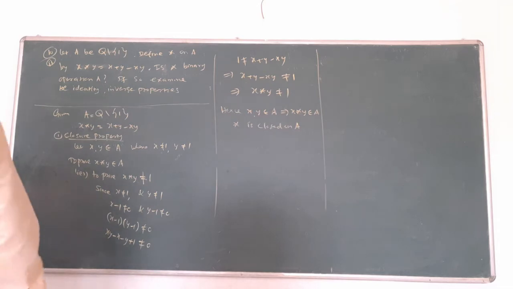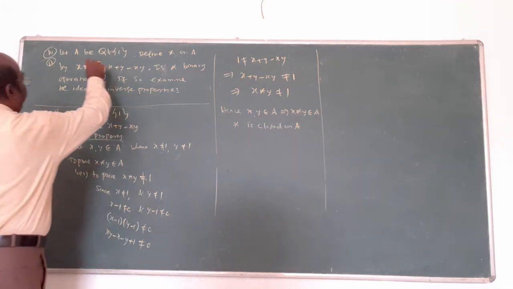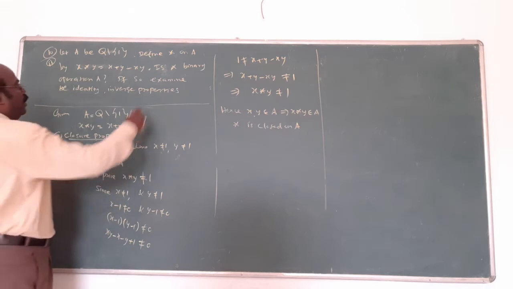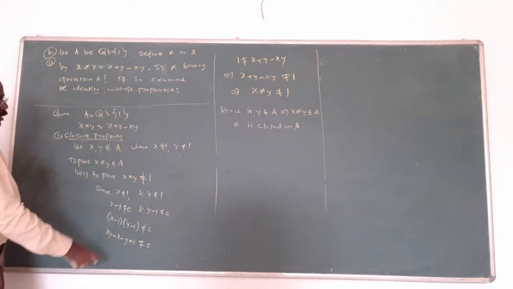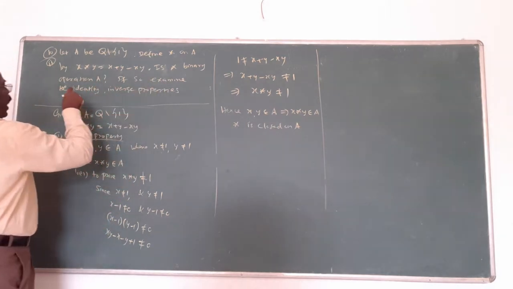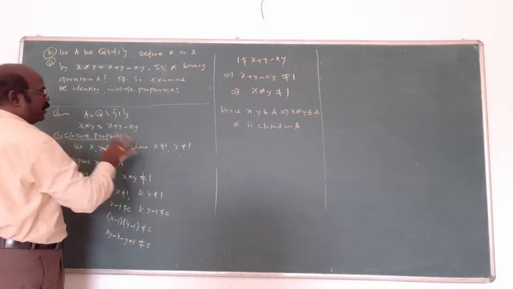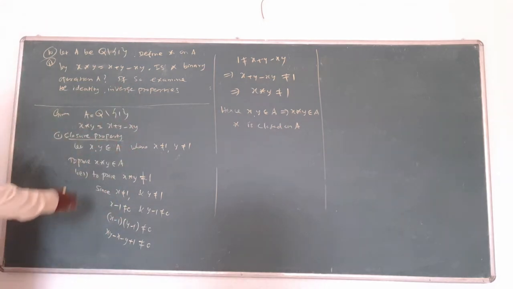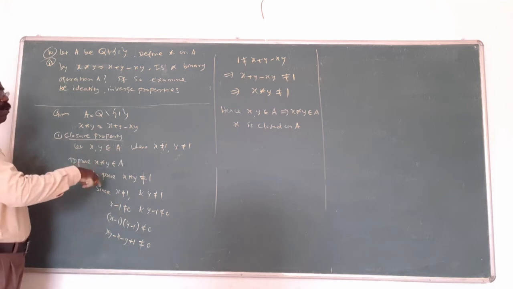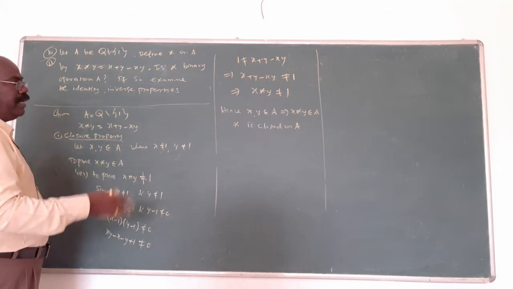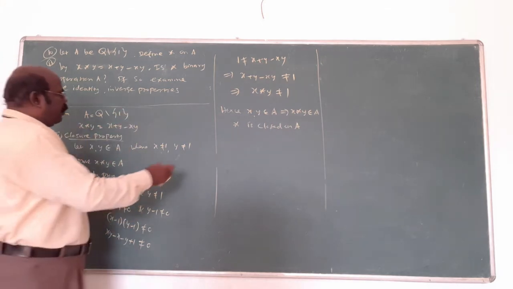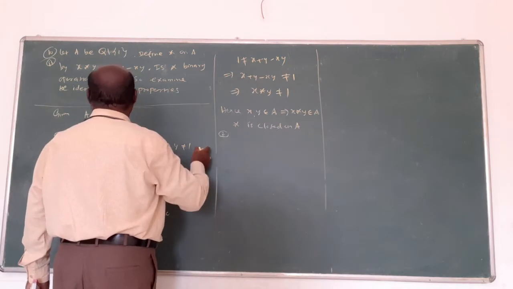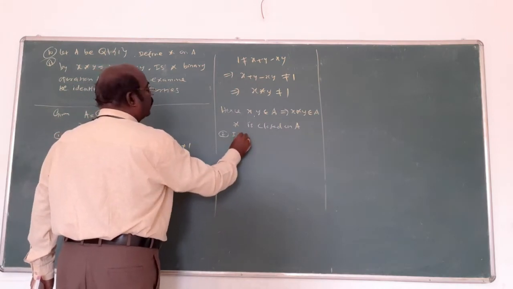Now, 10th question, subject to the same question. If star is as given, the same thing is asked. If so, examine identity and inverse property. The first one is closure property, the same method. No change. You want to prove x, y belong to A, you will prove x star y also belongs to A. Automatically. Second subdivision. What is asked? Identity property is asked.